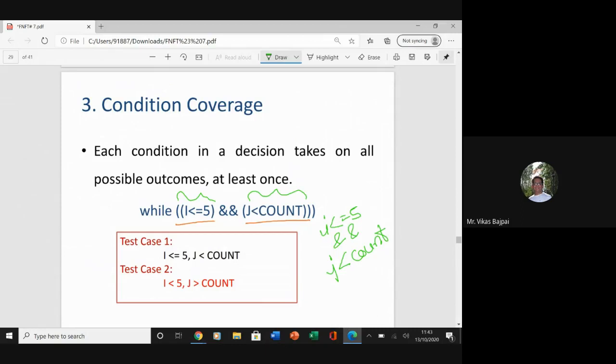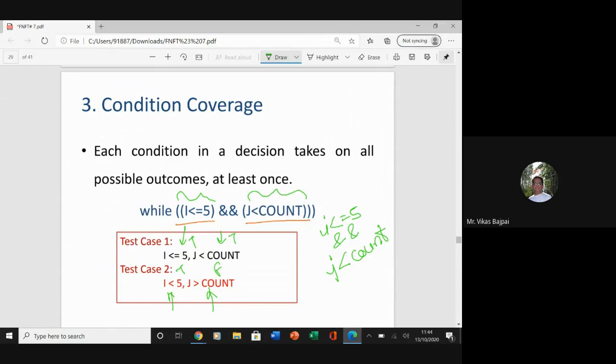I have a test case 1 where I go ahead with this kind of thing, and in test case 2, I'm going ahead with true and true here, and true and false here.